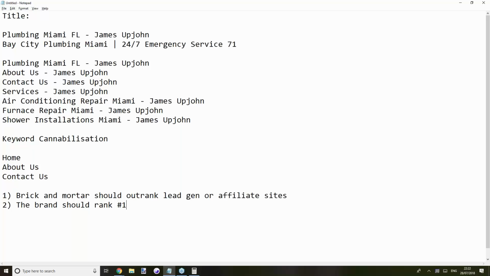And then the second thing is brick and mortar should outrank lead gen or affiliate sites. Now, this is pretty sensible, right? If you just think about any transaction you've ever done online, you come home at night and you've got water pouring through your ceiling. You jump onto Google and you search for emergency plumber. You know, you need somebody out before your house is destroyed. Do you want to get on the phone, maybe see a couple of reviews, find out where the plumbers are based, be able to pick up the phone, speak to a real human that's got lots of social proof, and basically, if they come around and fix the job and it goes wrong, okay, maybe something explodes after they've left,